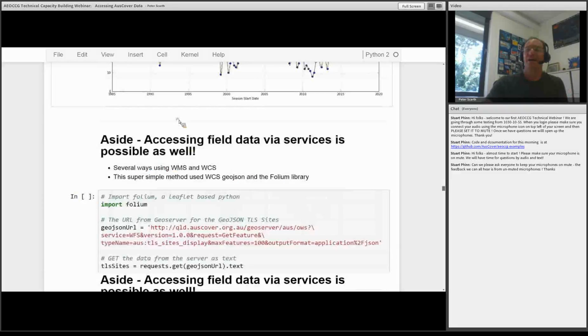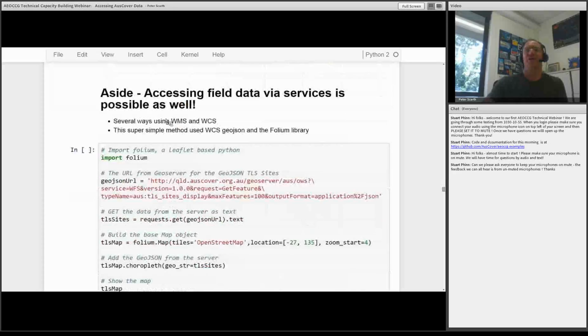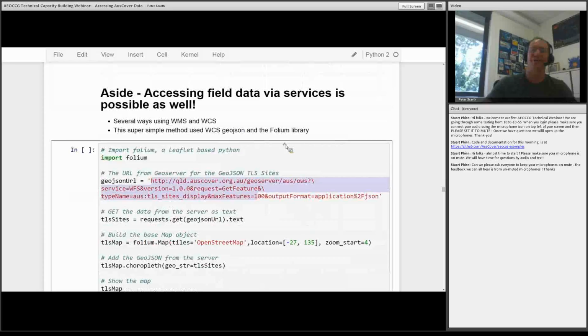So now we'll move on to, hang on, what am I talking about here? Data services. Okay, I put this in as well, just because it's cool. I mean, we're a raster group, but I thought I'd just show that GeoServer, the AusCover data, I guess, includes not just raster data, but also field data as well. So if we have a look at the terrestrial laser scanning sites and we do a request through GeoServer, we can also,